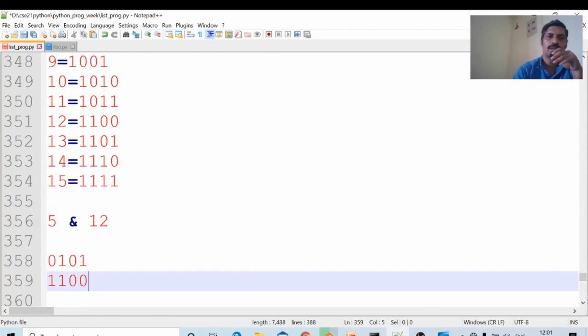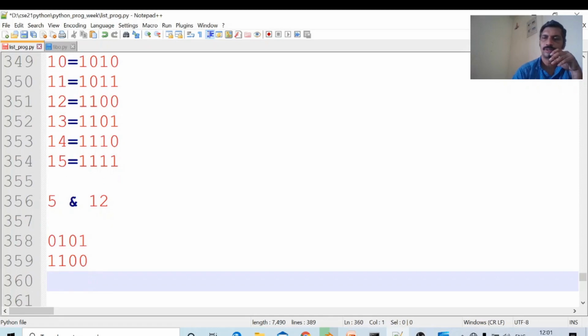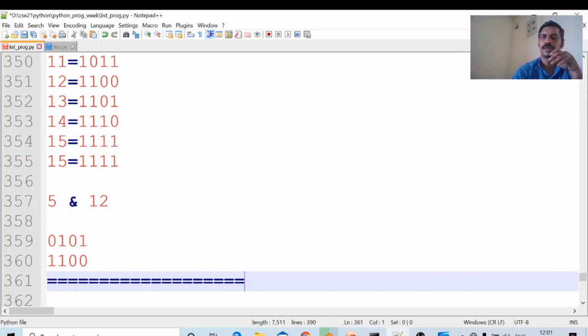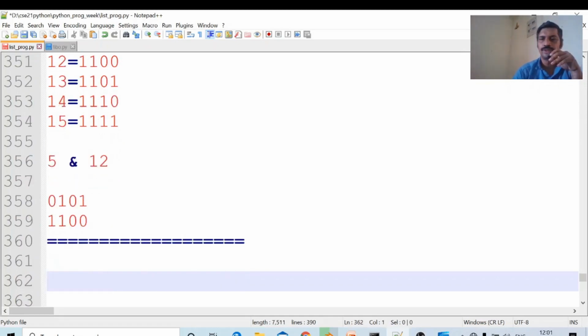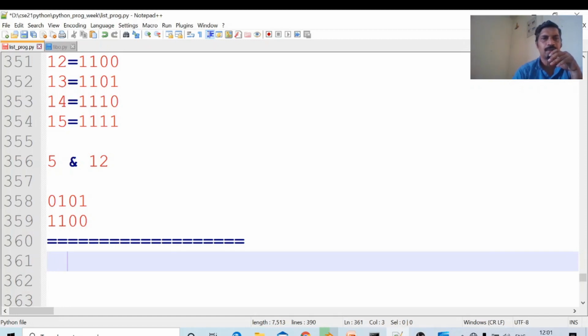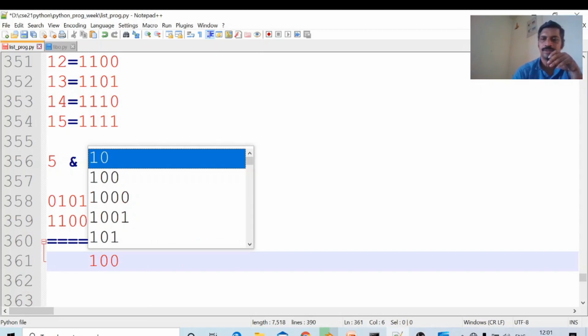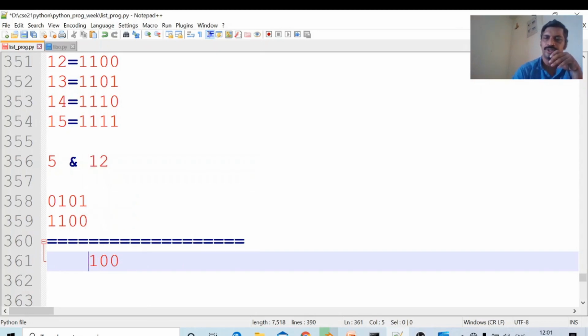Okay, perform the AND operation on these two. First 0 and 1 is 0. Next 0 and 0, second bit 0. Next 1 and 1 is 1. 0 and 0 is 0. If we perform the AND operation, this is the result.